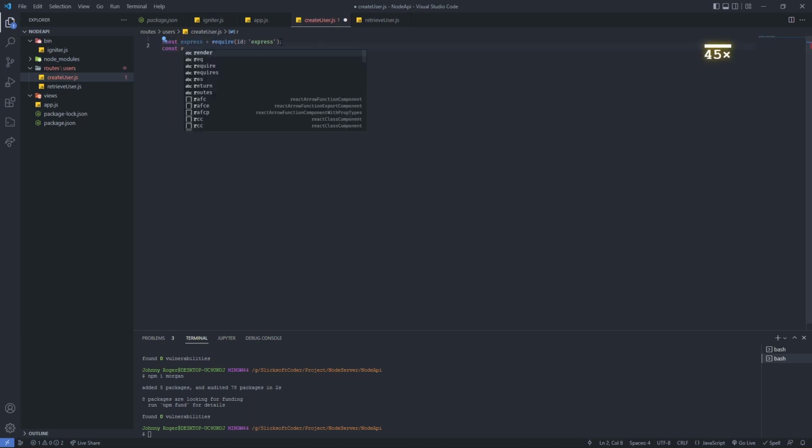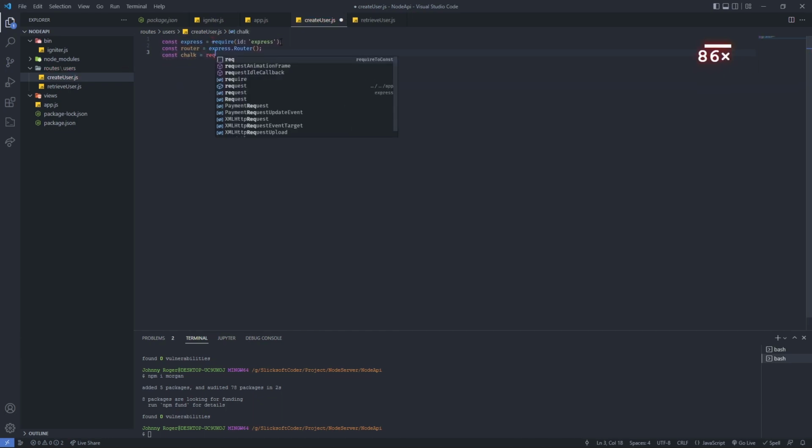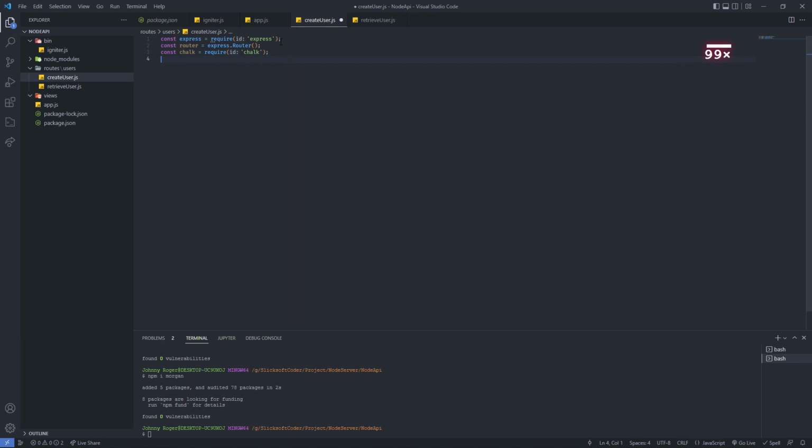Const router equals express.Router, and then chalk require. Const mysql equals require mysql2. Okay, now